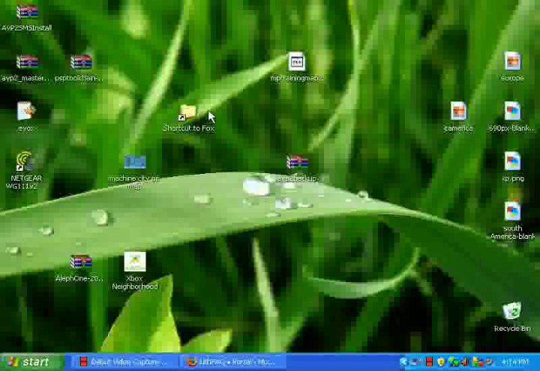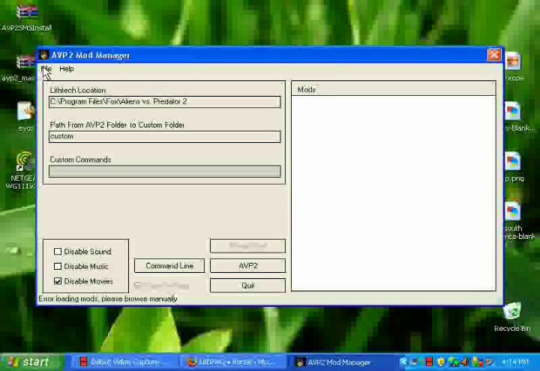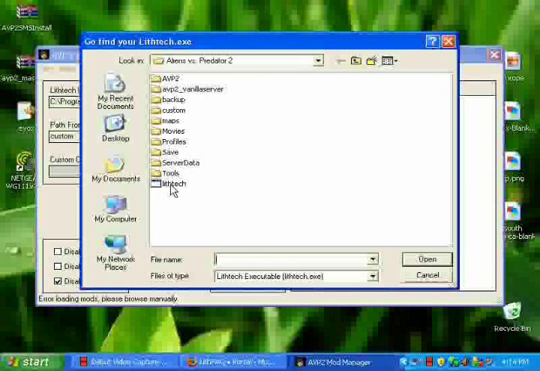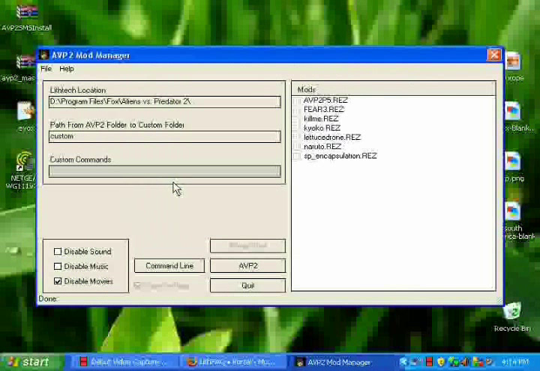It's called Savior mod, and I call it the server patch server mod. It doesn't matter. Okay, so we're waiting for that to upload. Go to File. Well, you won't have to do this, but I will. If you've installed AVP2 in the C drive, then you should not have to do this. But I have to do this because I've installed it in a different drive. I have to look for my lithtech.exe, which is in my Aliens vs. Predator 2 folder, and